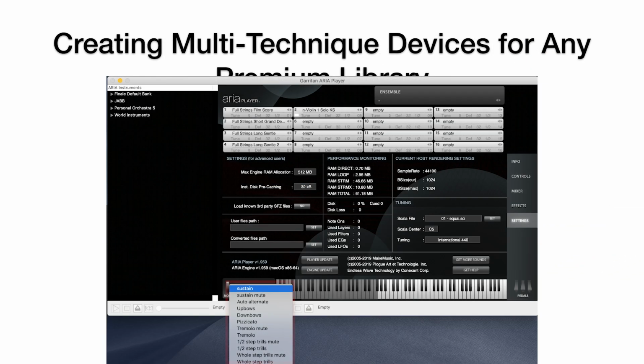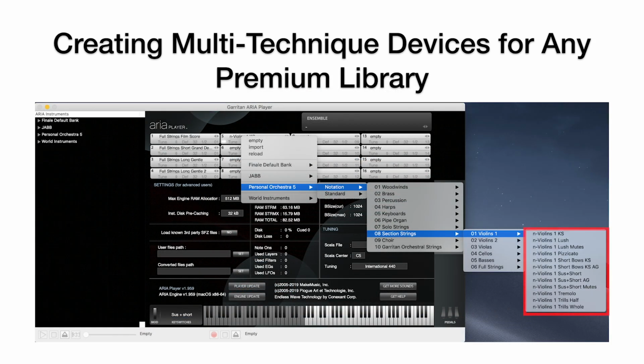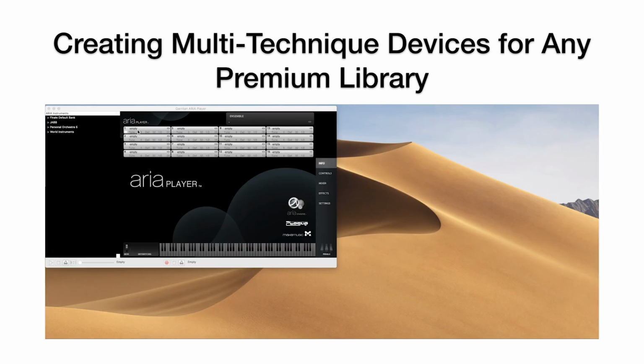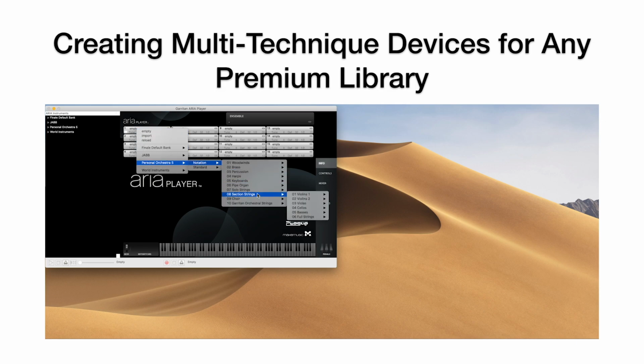If the sample or technique isn't in the available key switches, but you can find it as an independent sample in the same library, then you'll want to create a multi-technique device with one bank containing samples for numerous specialized techniques. We're going to fill up the ARIA player with some violins here. Let's start out with